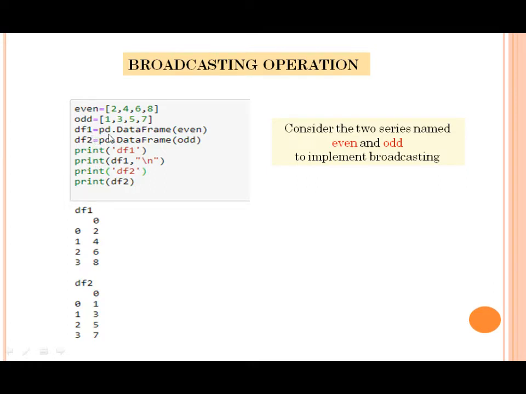And I have made it pd.DataFrame(even) df1, pd.DataFrame(odd) df2, and I'll print these, and the answer is this data frame. Clear? Now I'll do the operations on the data frame so that you can understand broadcasting properly.